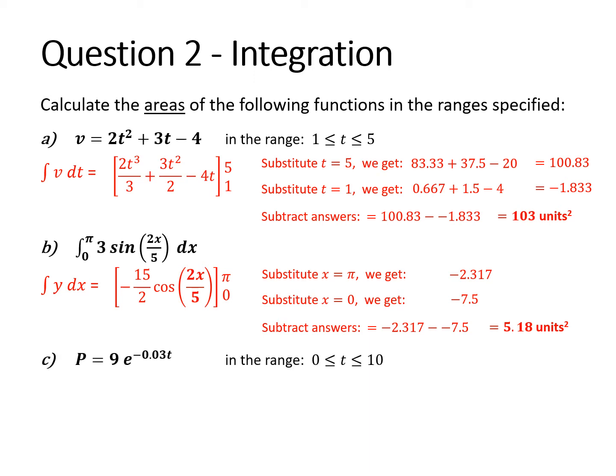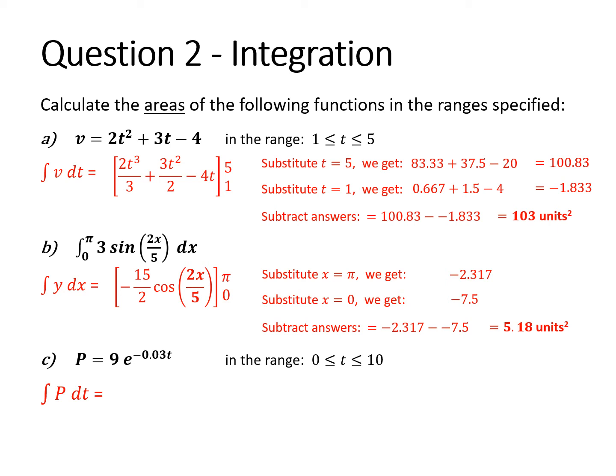And the third integration question is an exponential question. So p equals 9 e to the power of minus 0.03t. So it's the integral of p dt. This is very similar to the first question, question A. So we get the integral of p dt